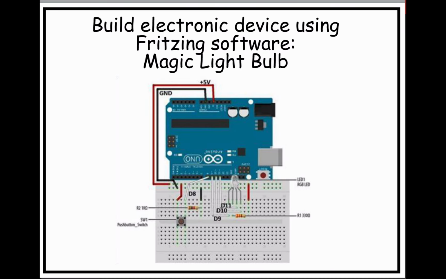So we got all our parts. We got the block diagram. We have our schematic. So this is a good example of the Fritzing software. The schematic that we looked at a couple slides earlier came from the Fritzing software as well, but when you first start Fritzing, it has what's called a breadboard view, and that's what this is. This is the actual breadboard, and then what we do is we have our parts list. So we start going into this little virtual electronics bin of cool components, and we start putting these parts on